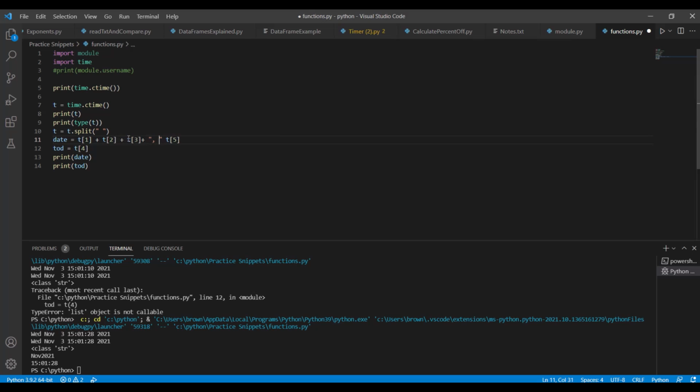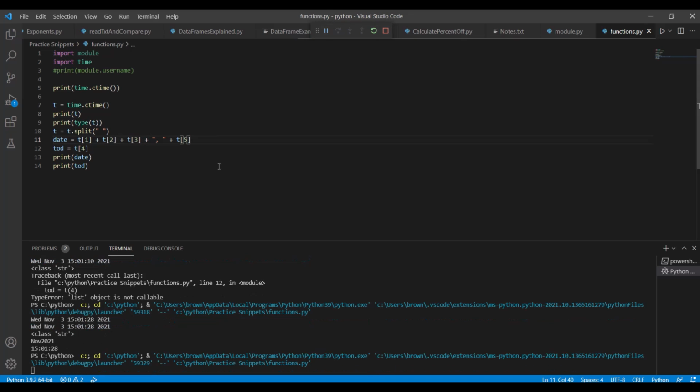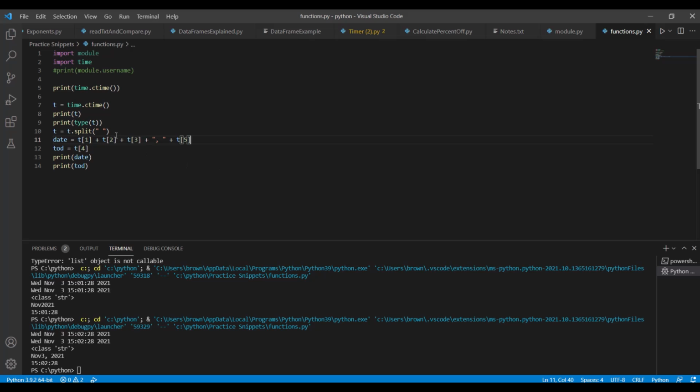Let's put it in a comma, in a space, and then there we go. Clean it up, make it look nice and everything. And now, okay, so apparently I don't get the space that's in there. But see how you can take this time, this is the time construct, and you can split it off into an actual data. Now, I know this is kind of annoying and everything because you're like, well,